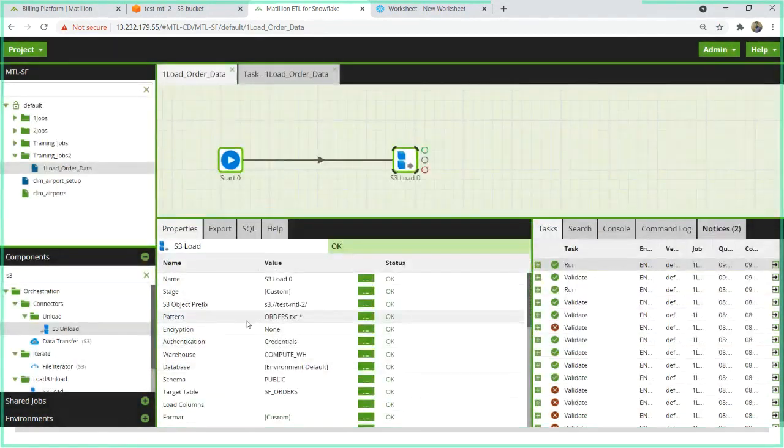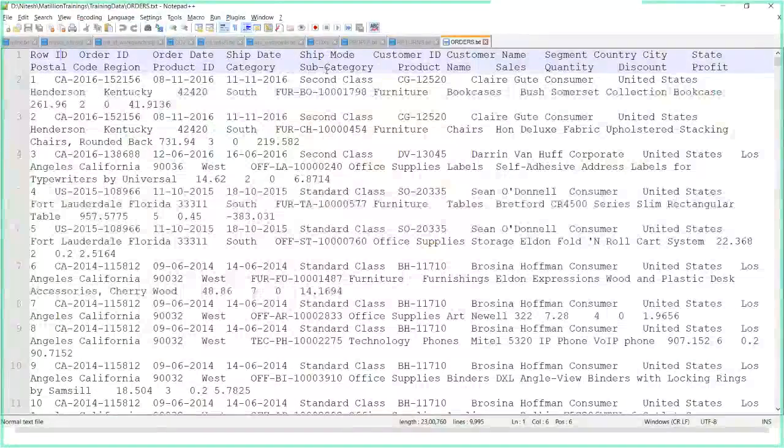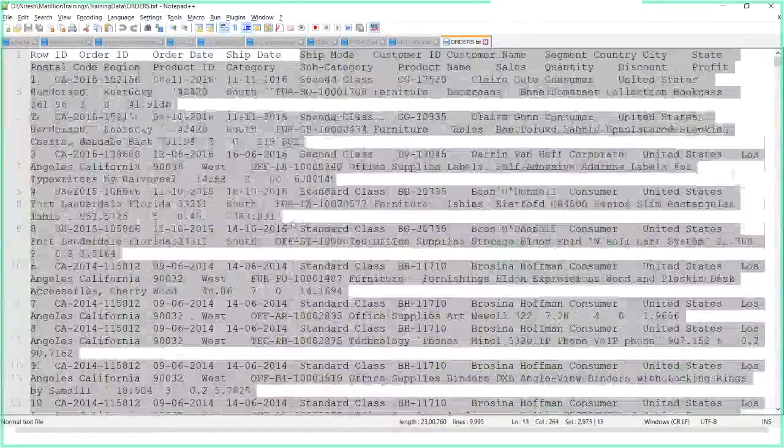For example, I have 10 columns and I need to select only 2 columns. No, we can't do that using the source. I mean, we can't filter out. Let's say this is my order.txt file, and if I need to select only the first 4 columns,